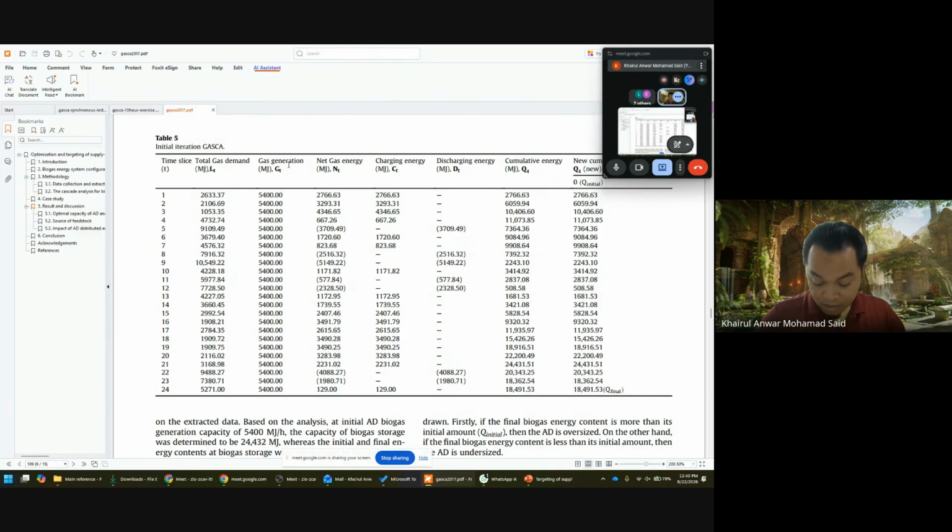Okay. I'm not sure how, but they chose 5400 as the first value of GT,